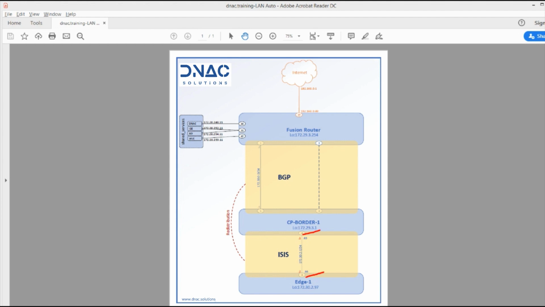What DNA Center does is create a DHCP scope based on that specific subnet inside the control plane and border. And because we have a layer 2, DNA Center will configure that specific interface as a DHCP, and in return DNA Center will take the specific subnet, which is /24 or any other subnet that we created, and will slice it into smaller subnets by allocating a /30 to the point-to-point with a temporary IP address .1